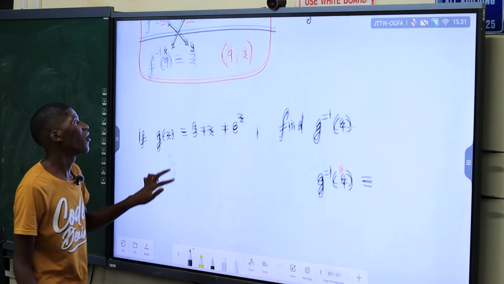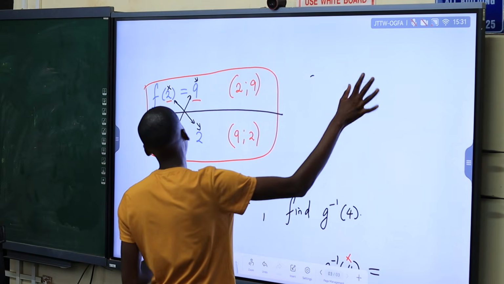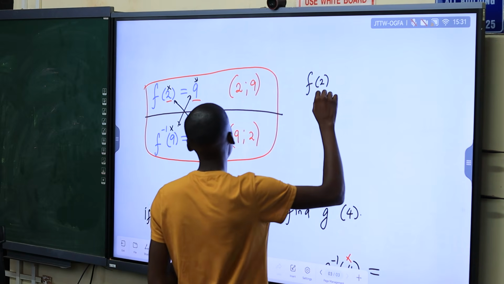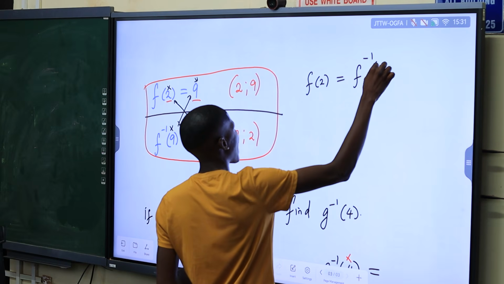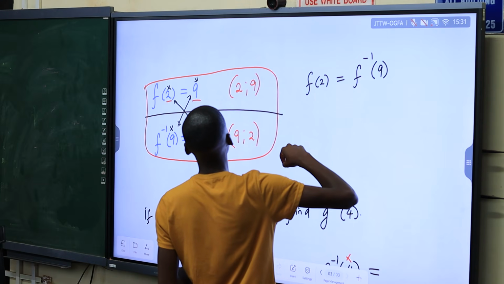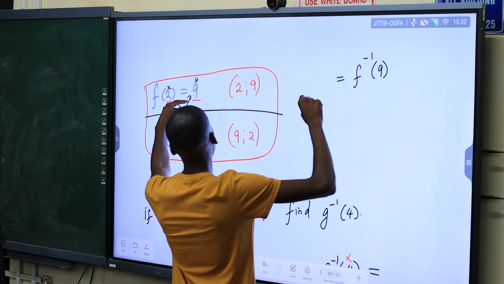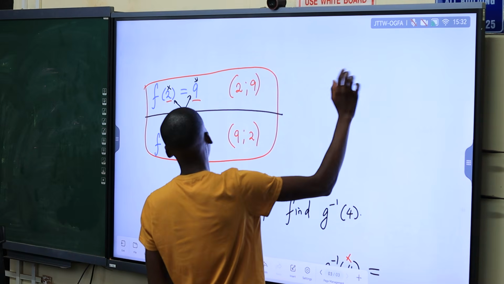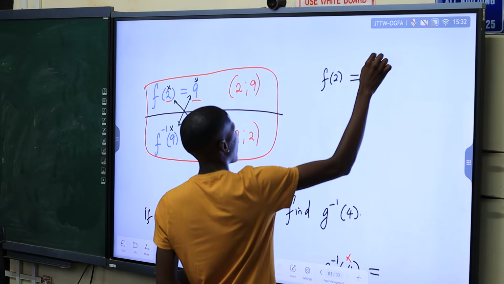Okay, let's write this just so that you can see what we are doing. So f at 2, it is the same thing as what? Is it the same thing as f inverse at 9? Is f at 2 the same? No, it is not the same. f at 2 is 9, and f inverse at 9 is 2, right? So we can say, let's just write it in general: f at 2 is not equal to what on the inverse here?